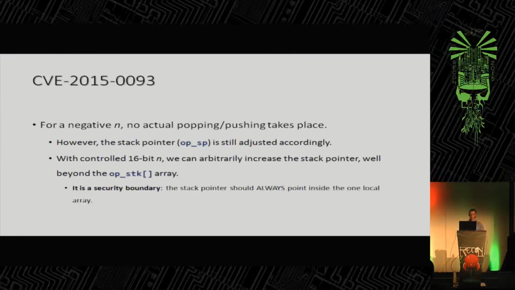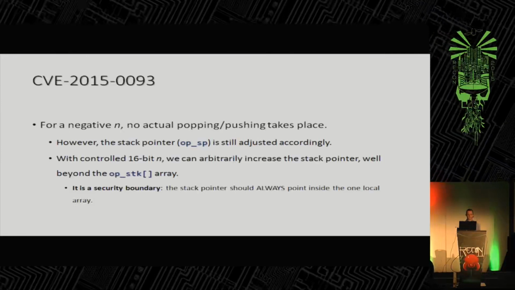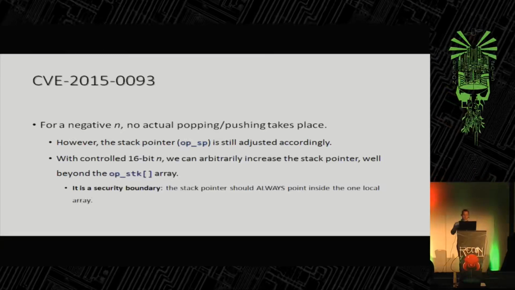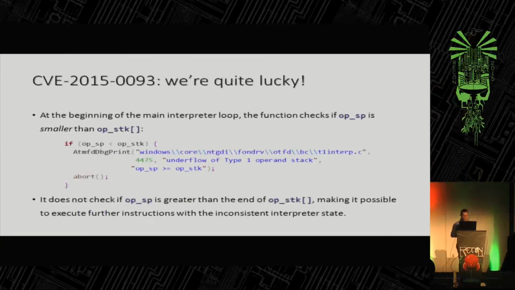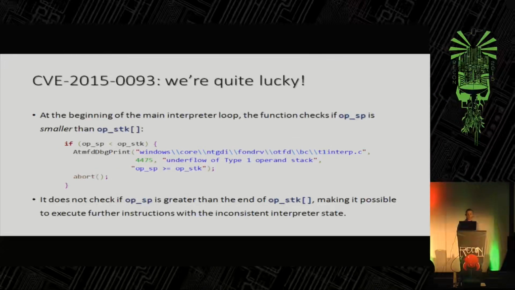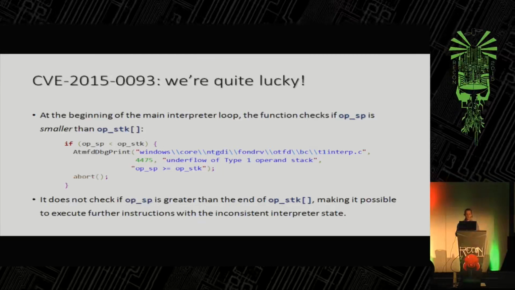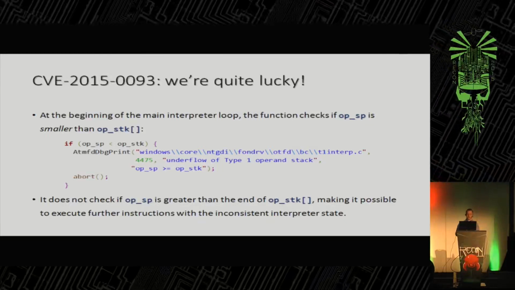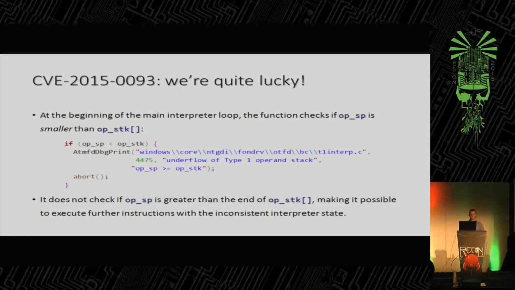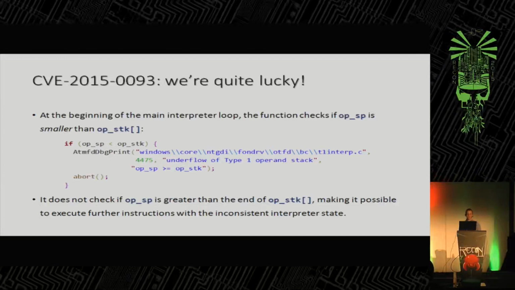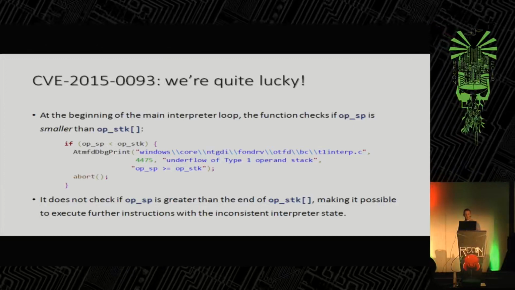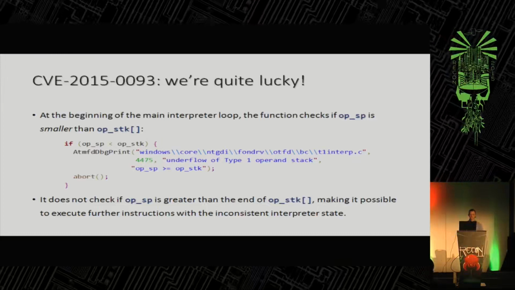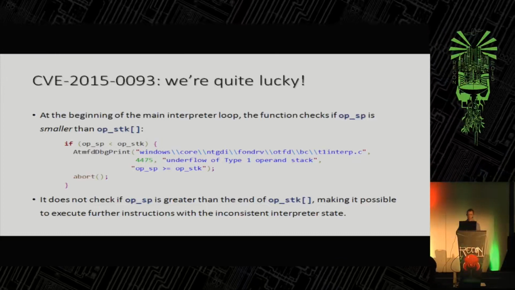So with a controlled 16-bit n, we can actually arbitrarily control the stack pointer beyond the operand stack array. And it is a security boundary, because normally the stack should always be within that local array. So it turns out we were quite lucky, because even though we can do it, at the beginning of the main interpreter loop, there is a check whether OPSP is not smaller than OPStack. And if it is, then basically execution is aborted. But there is no similar check for whether OPSP is larger than the operand stack, so whether it has gone beyond it from the other side. And thanks to this, we can actually have this inconsistent state with the out-of-bounds pointer and still execute further instructions,